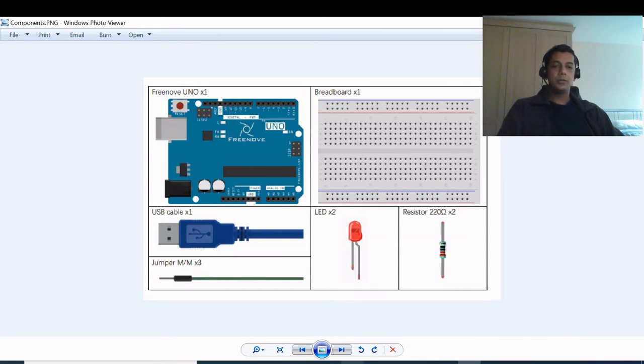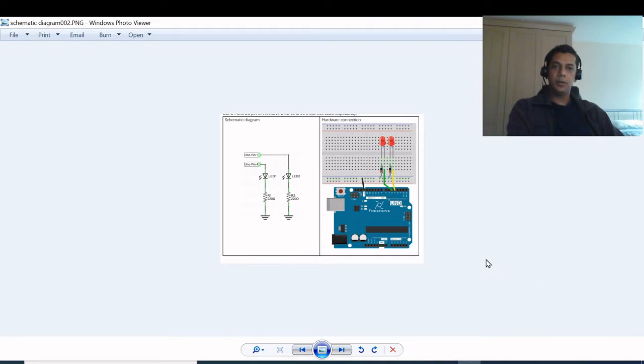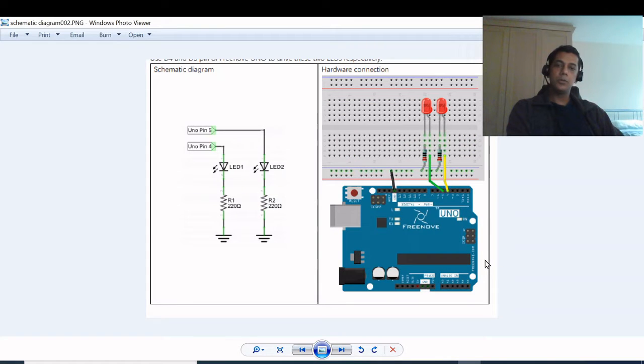Okay. So let's see the circuit, the schematic diagram. Because this is a pretty simple circuit, we are going to use two LEDs of two different colors. Although it is showing red over here in this circuit, I have used one red and one blue LED, and they're connected to pins 9 and 11, and with the help of a 220 ohms resistor each, these LEDs are connected to the ground. Okay, so I hope friends you will be able to create a circuit like this with the help of these components.